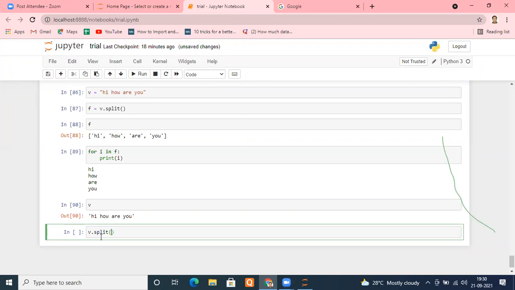Suppose I want to separate them by space only, so I put a bracket and give some space. But I want one split. One split means it will be divided into two parts.